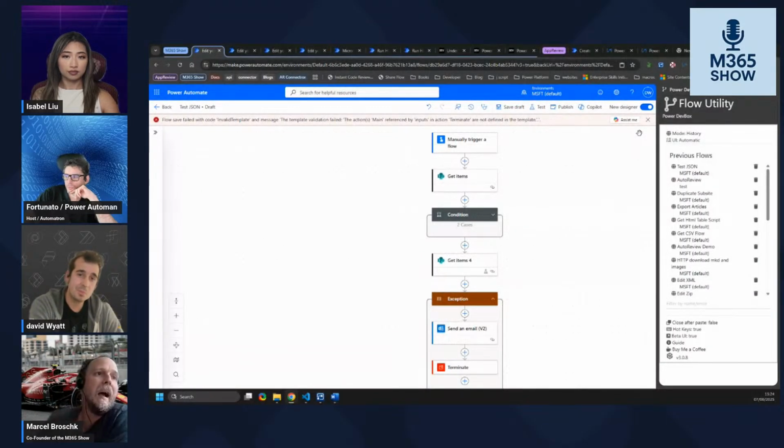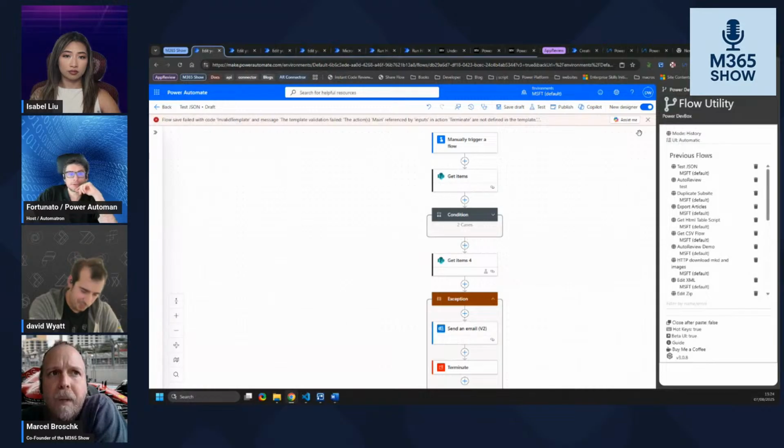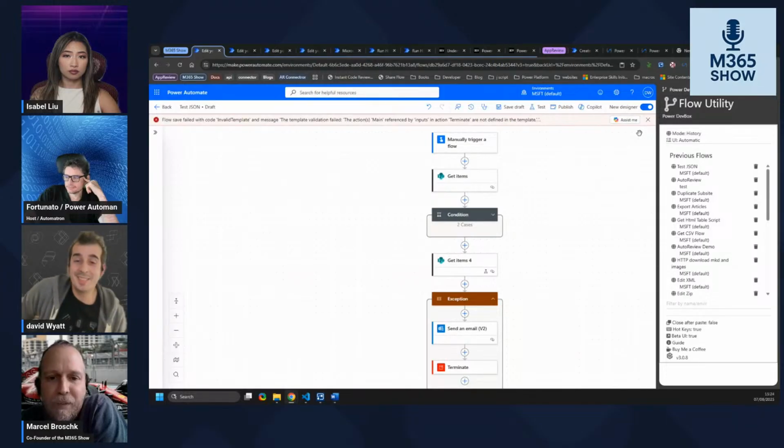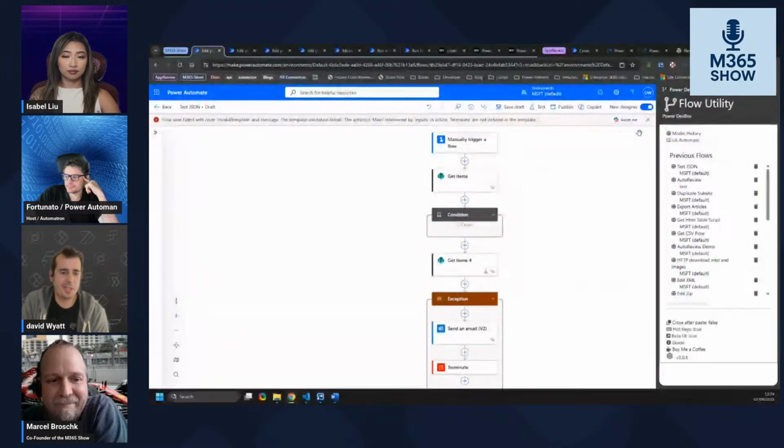Okay. The next tool is the auto review tool, an automated flow analysis tool. Give us a short insight into this tool. Yes, this was my first Chrome extension. Chrome extensions are really a nice place to start in development because you don't need to host or deploy things. It basically allows you to build and learn pretty quickly.